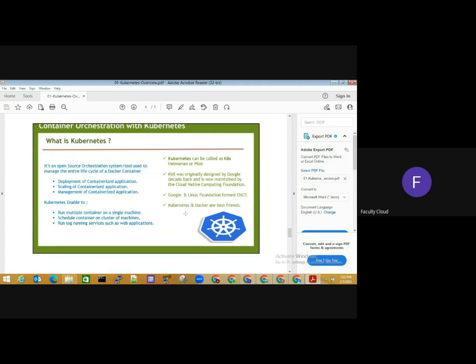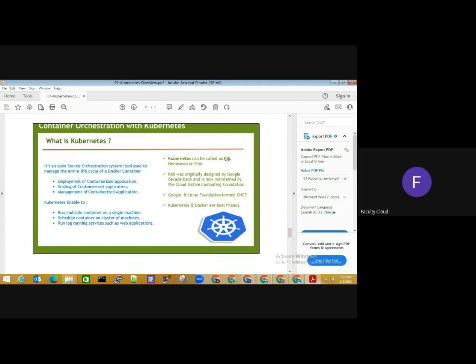You can run multiple containers on a single VM or a machine or a physical machine. It can be even your laptop. You can configure and then run it. You can schedule the cluster to be operated on different machines. It can be distributed as well. You can go ahead and manage the entire deployment, including pods, services, etc., from the dashboard.